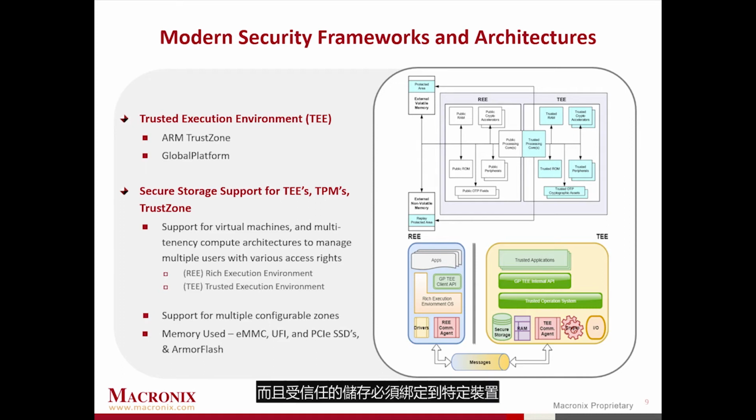It also says that the trusted storage must be bound to a particular device, which means that it must be accessible or modifiable only by authorized trusted applications running in the same TEE and on the same device as when the device was created. And the secure storage must be able to hide sensitive data or key information when the